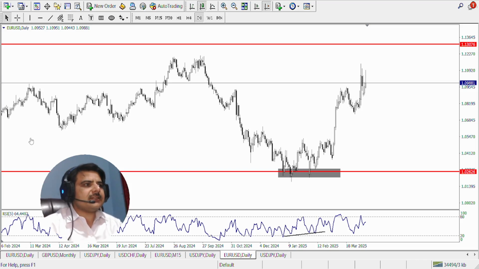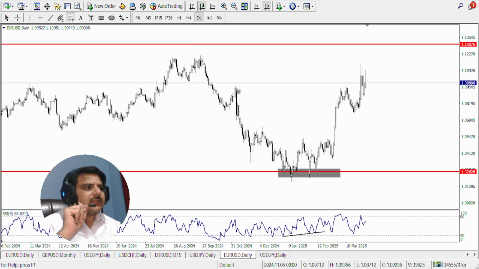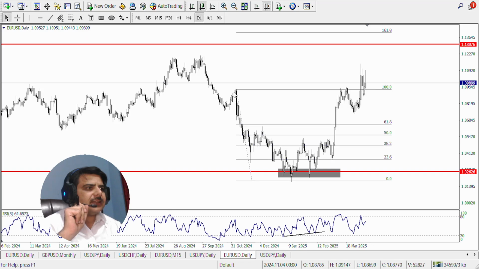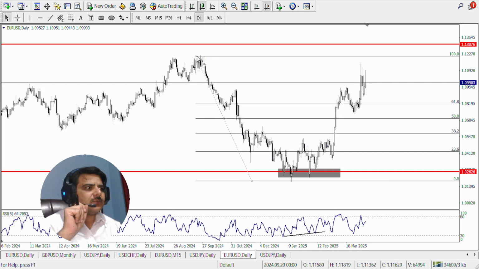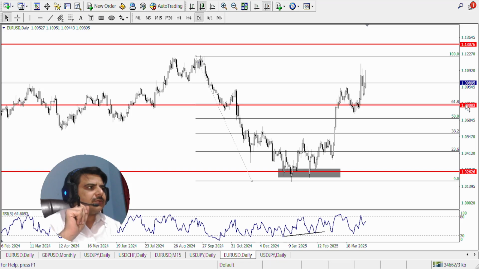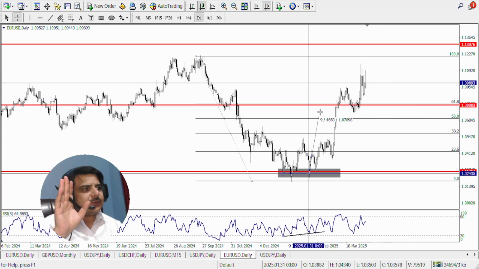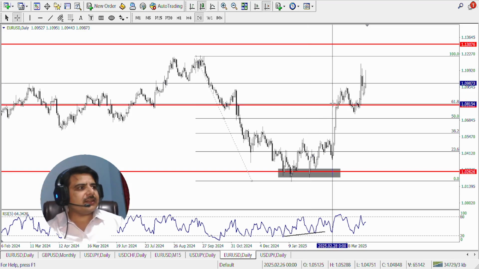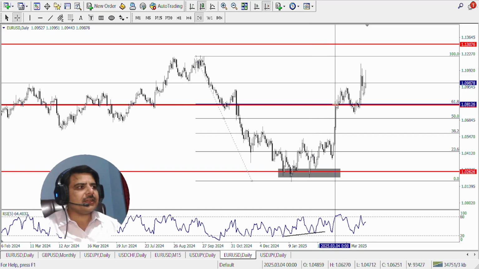Okay, so if we see, by then there was one other level, and that level was this. So when I became bullish, what I said is that there is one Fibonacci number, and that Fibonacci level is near 1.08. You see right here, 1.0808. So when I took these buying decisions, all of them, even in the weekly Forex forecast videos, I said I close these positions right here.